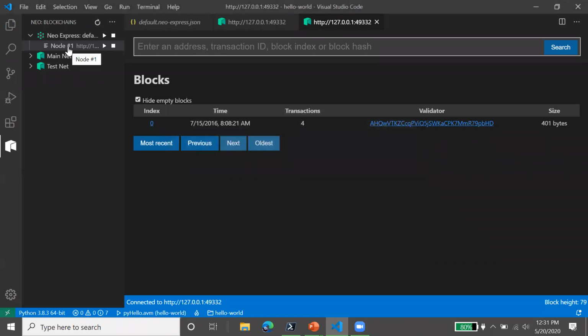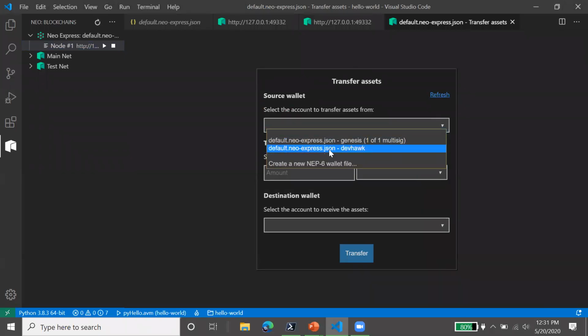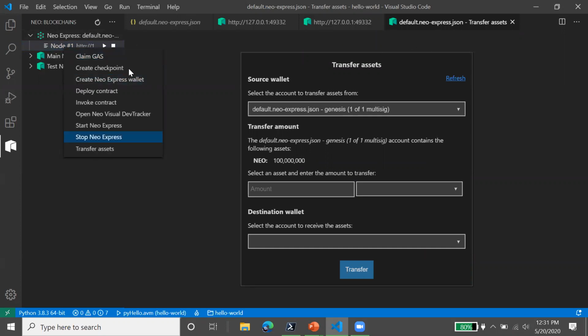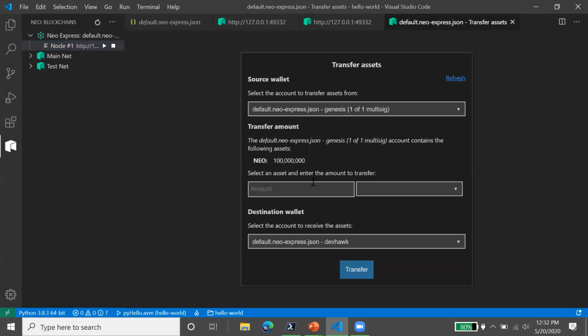And so now I'm going to transfer all of those assets from the Genesis account. You can see here, I clicked that. This is the transfer asset. I went a little fast there, I'm sorry about that. I just right-clicked here, and I have this list of things that I can do, and I'm going to transfer assets. So I just click this menu item. I'm going to pick the source. I'm transferring from Genesis. I can click the target. I'm transferring to DevHawk, and I'm going to transfer all 100 million NEO